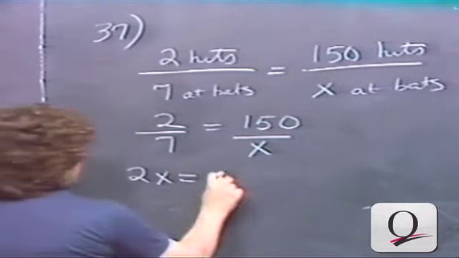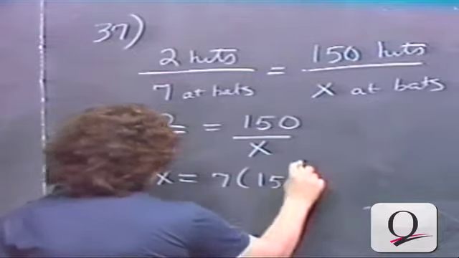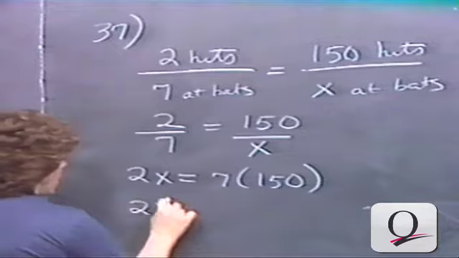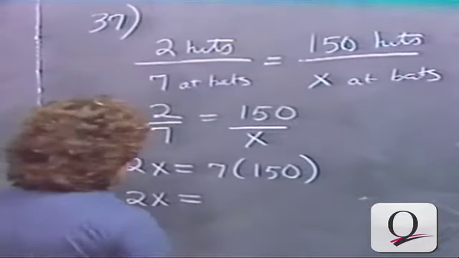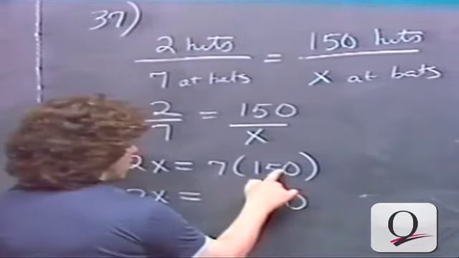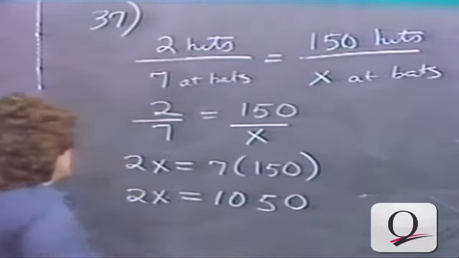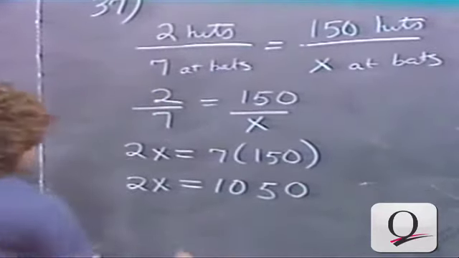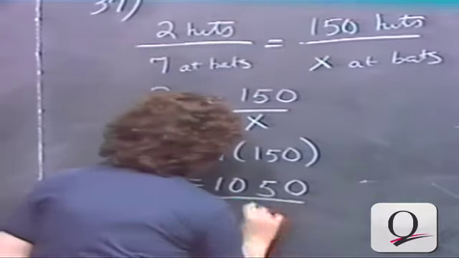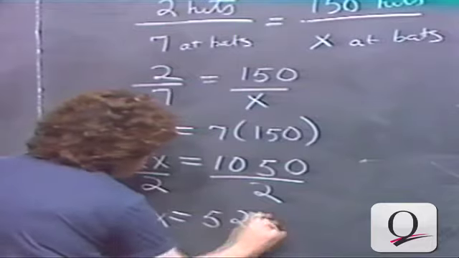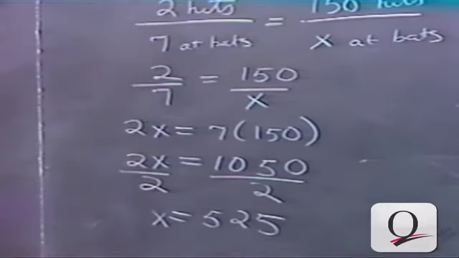So 2x is 7 times 150, or 2x is 0. 7 5s are 35, 3 and 7, 10. 2x is 1,050. Divide both sides by 2. x is 525. So he needs